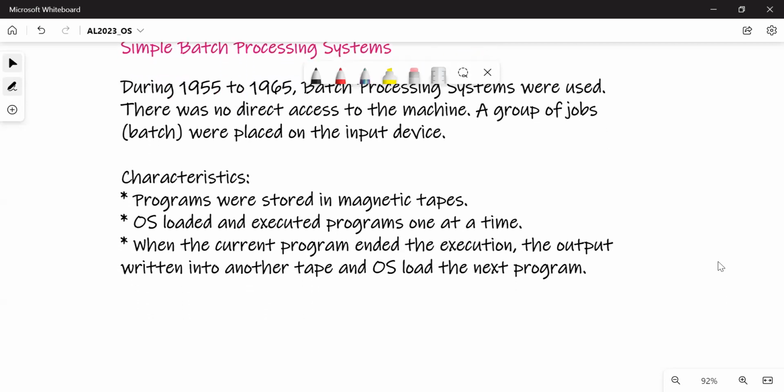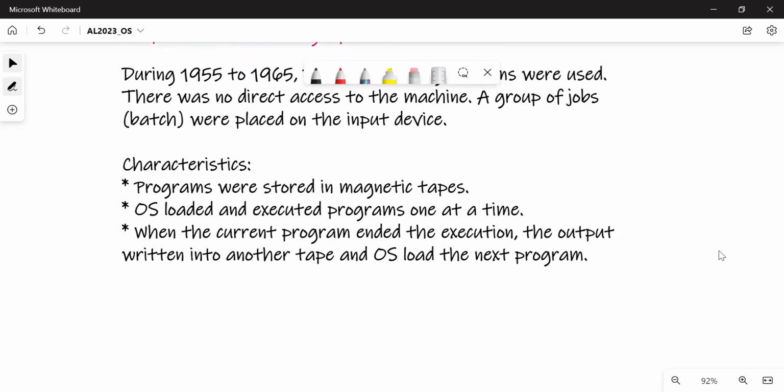So the first point that you need to remember, all the programs we store in magnetic tapes, then the operating system is loaded. It will take one program at a time and it will finish it. Then you get another program.